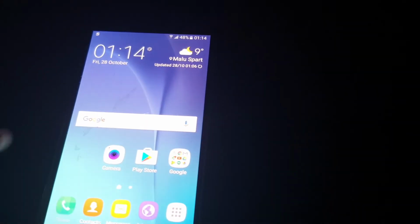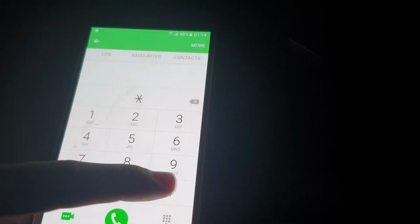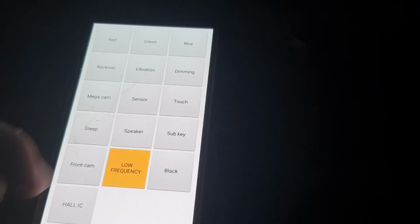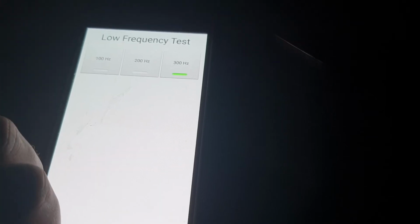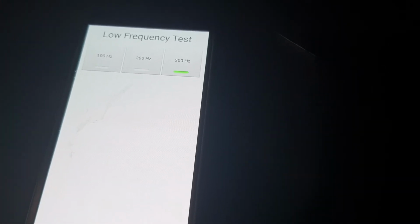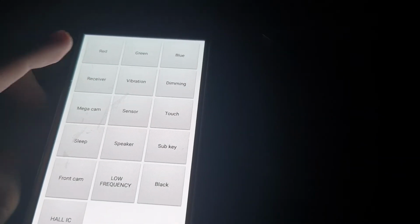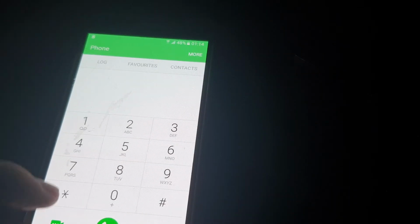Now I'm going to check the features. I have to do that. Low frequency. This one is a nightmare. Come on. Too hot. Working? Yep, it's working. The vibration working. All of them are working. I'm going to put